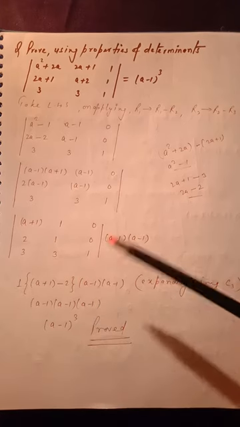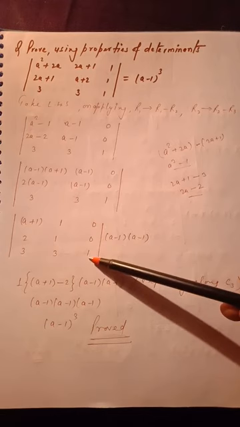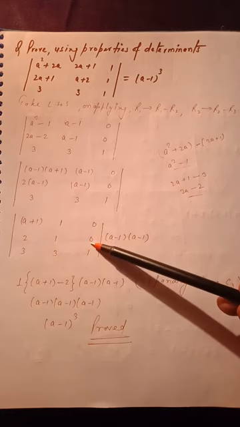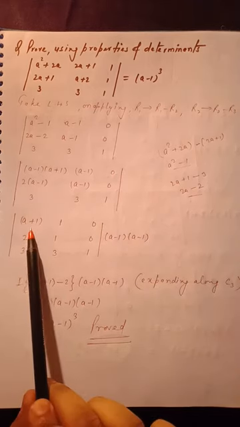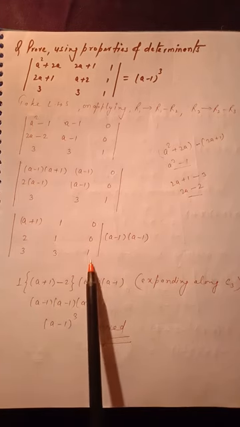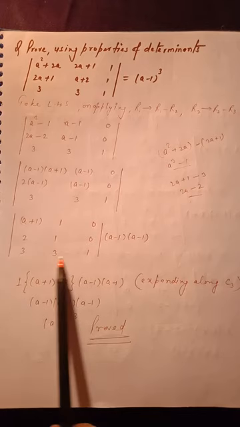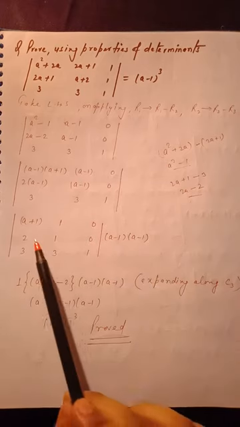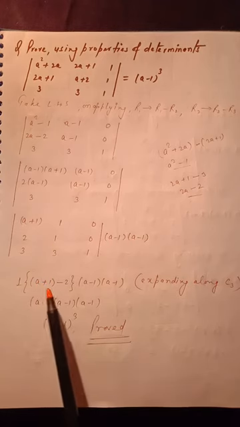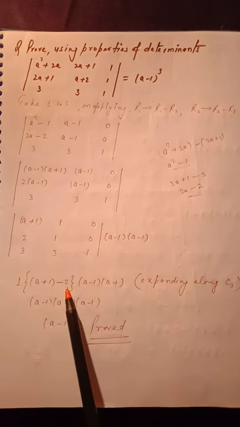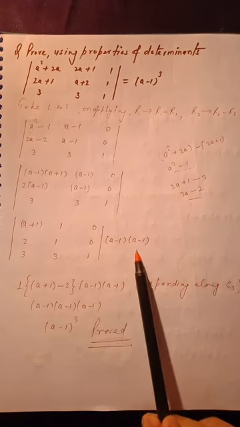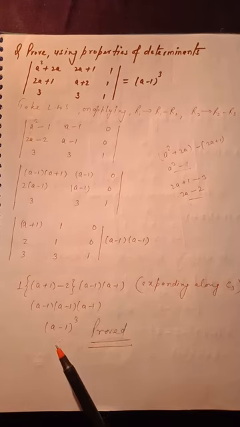Now you can see one thing, in column number 3 these two elements are 0. So I am expanding this determinant along column number 3. The signs are plus, minus, plus. These two elements are 0, so I am taking 1. Delete this row, delete this column. So I am getting a plus 1, 1, 1 and 2. So (a plus 1) into 1, minus 2 into 1. Its final value will be a minus 1, and a minus 1 is already here. So finally we will get (a minus 1) cubed.